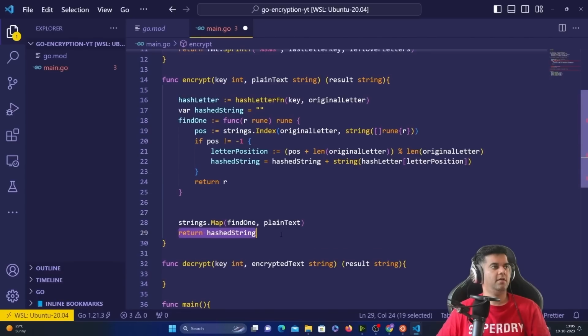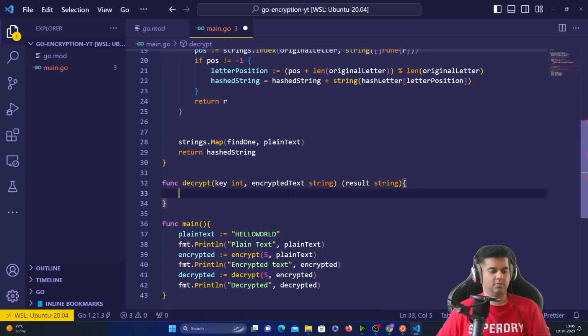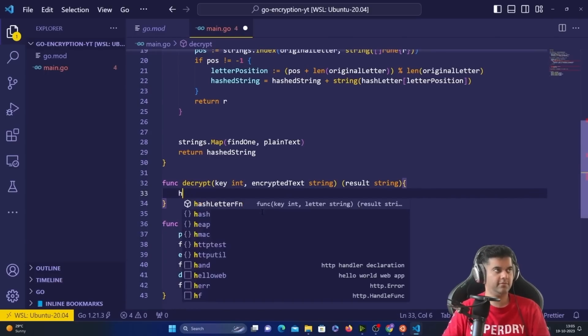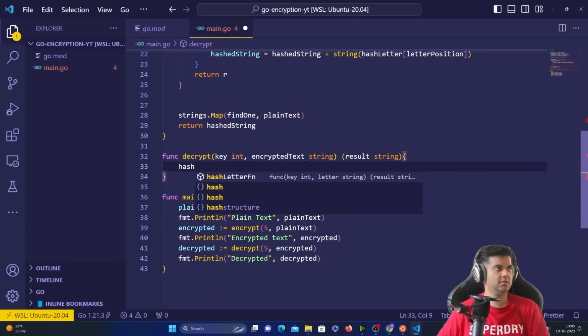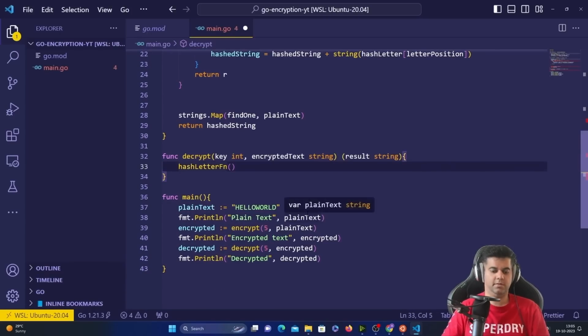And finally, we'll have hash string, that's what we'll return from this function. Okay. Now the decrypt function is going to be the exact opposite of this. The decrypt function is going to basically have the same method, which is calling the hash letter function, and we'll